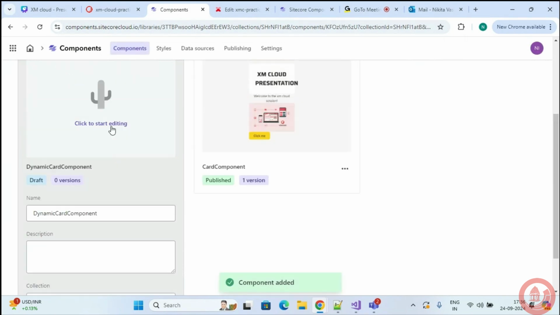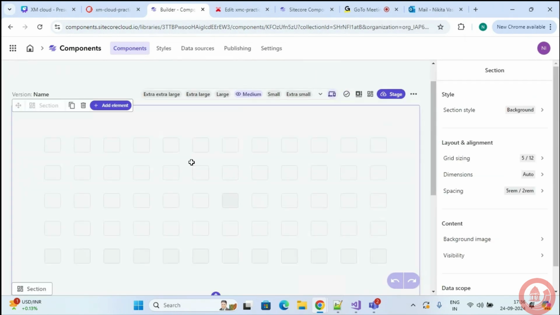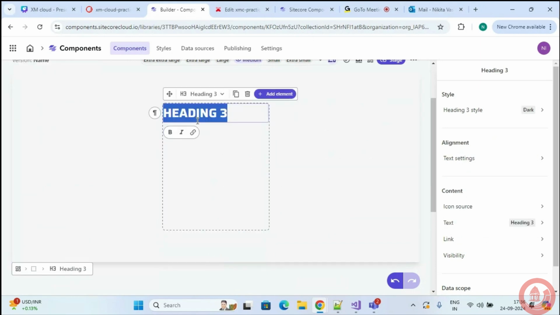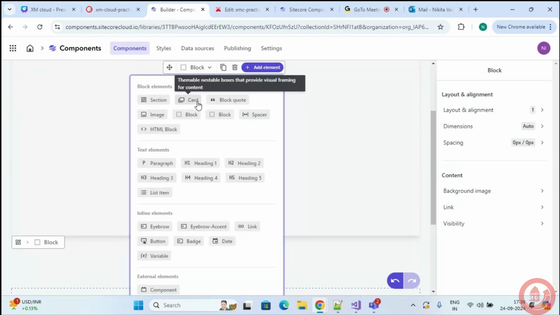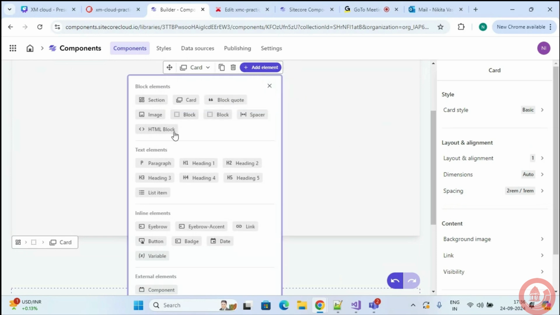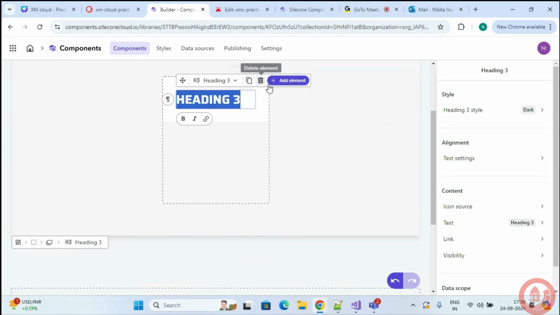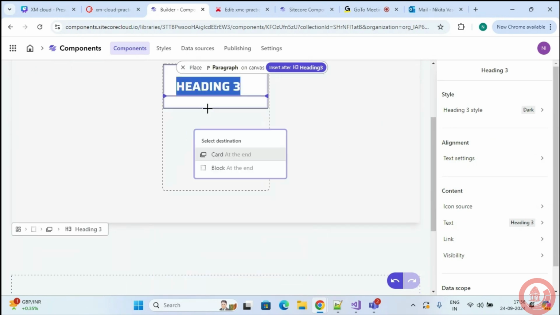Now once my structure is ready, I'll click onto each and every element. If I want to map my heading text to a data source, I'll click on the text option. Over here I can see there are two options. Either I can give static data to it or I can map it with some data source. So I'll click on the map option. We'll have the list of all the available data sources. I've already created a data source that has four fields: heading, paragraph, an image field, and a general link field. So I'll select my card template.